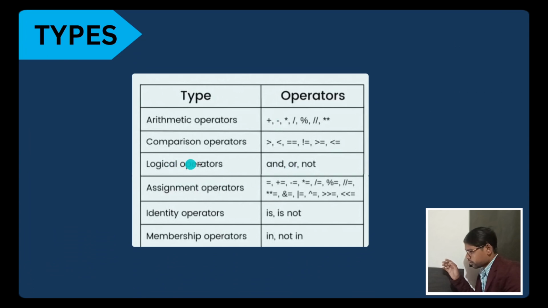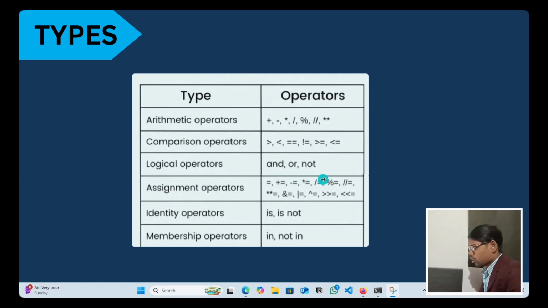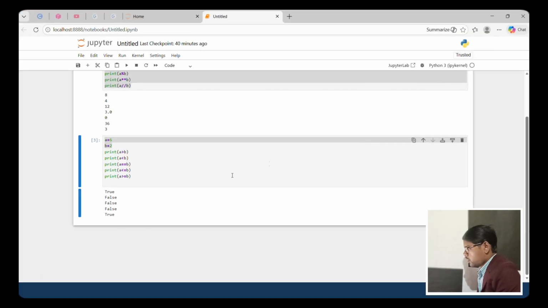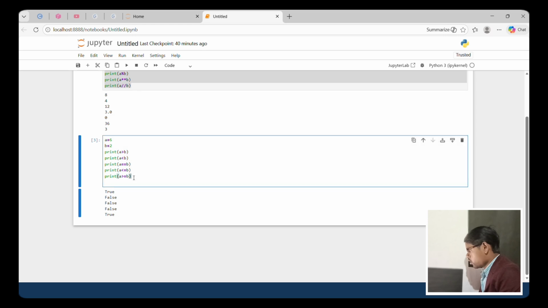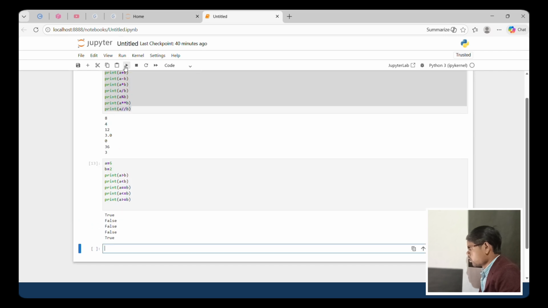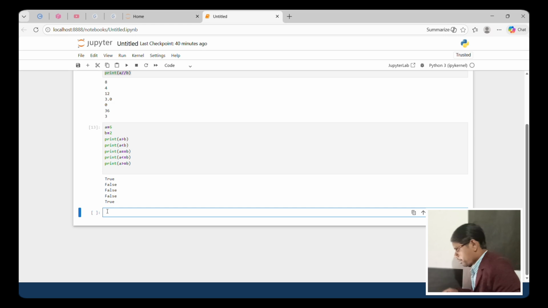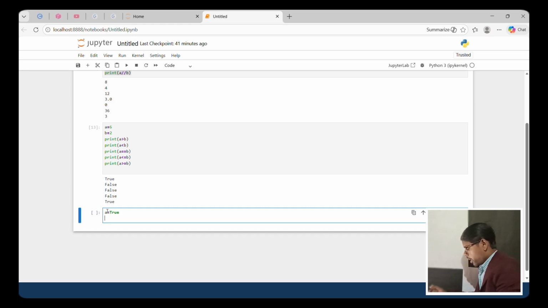Okay, and next is logical operators, which use and, or, not. Okay, let's do a practical. And A contains the true value, just true. Okay, and B contains the false value.